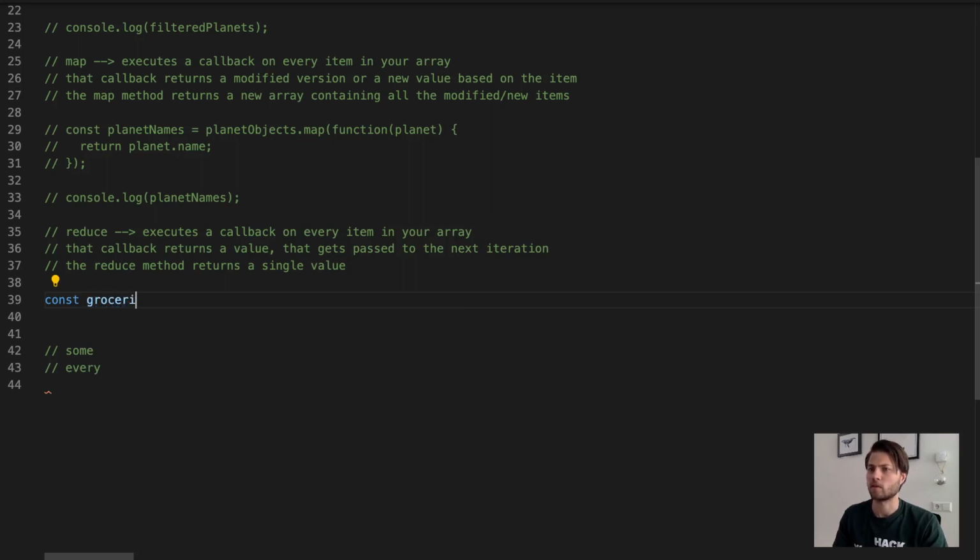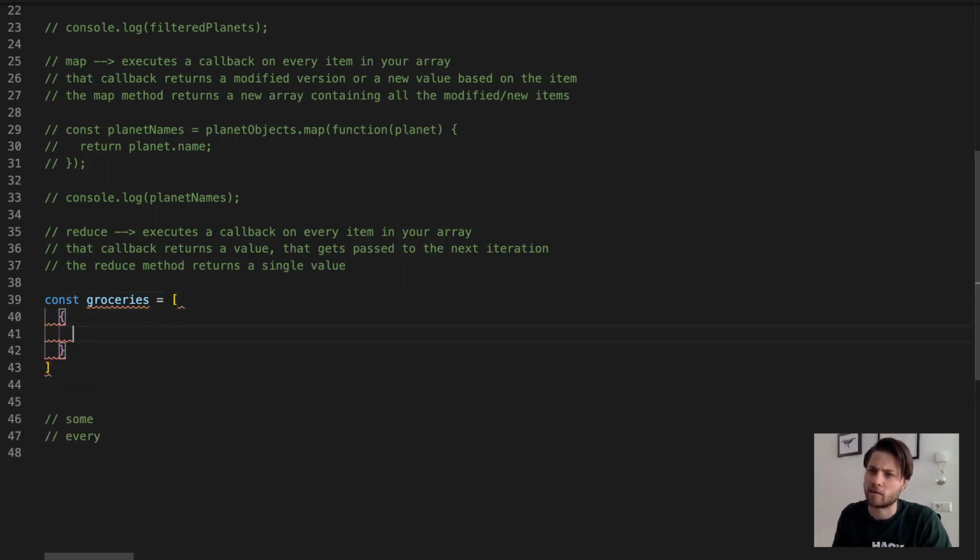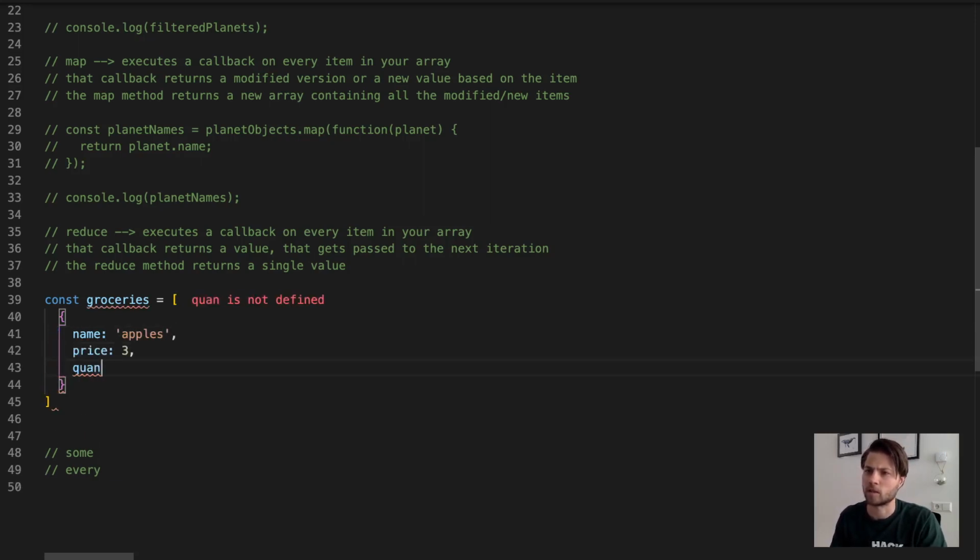So we have groceries, and there it's also an array of objects, and they have a name. So let's say apples, and they have a price, say 3, and they have a quantity 2. Well, this is an expensive apple, so we have one apple costs €1. We have 2 apples,